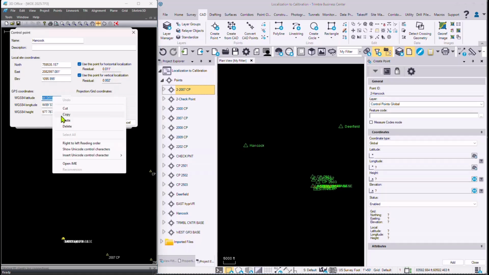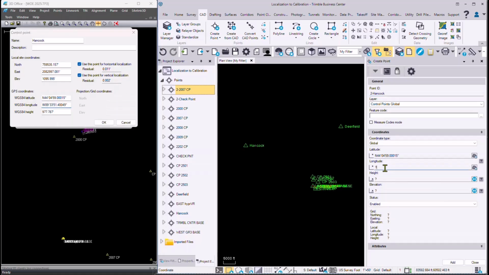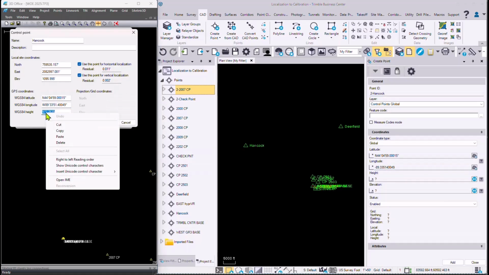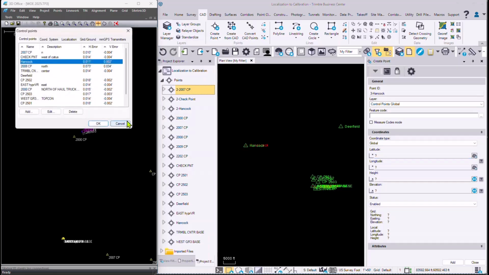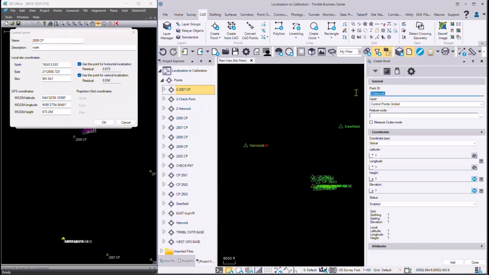Then copy and paste. We could have exported the latitude and longitude out of Topcon Office as a CSV file, but when exporting, it seems that there are times there are roundings with these numbers, 3, 4, and 5 decimal points back on these seconds of latitude and longitude, which then is going to affect the calibration and it's not going to match correctly. That is why I create the global control points this way,